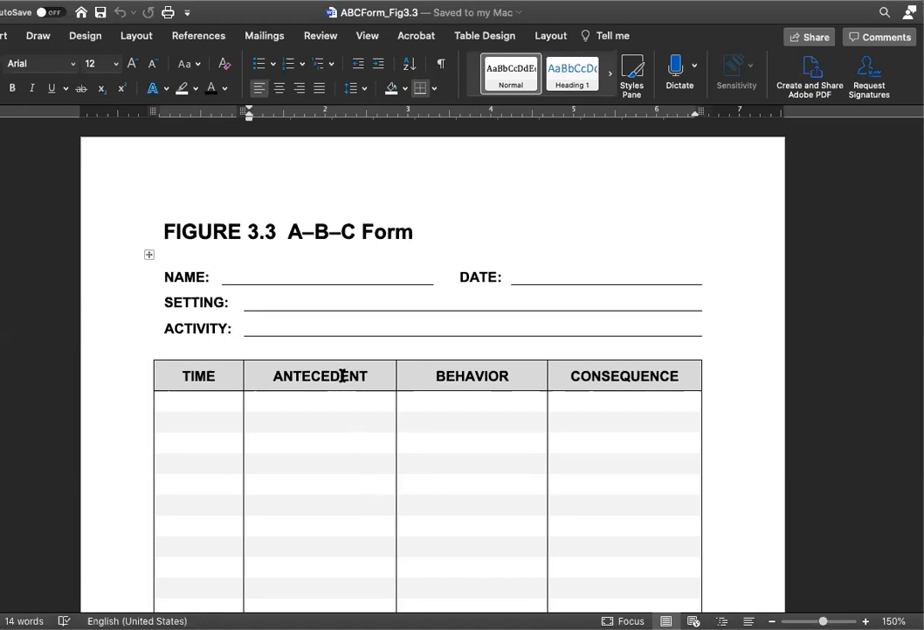So this is a way to separate and make sure we really look at patterns. So let's do a quick sample. Let's say our student's name is Evan, and we're observing on January 26th, 2021 at 1:20 p.m. And we are in the ELA